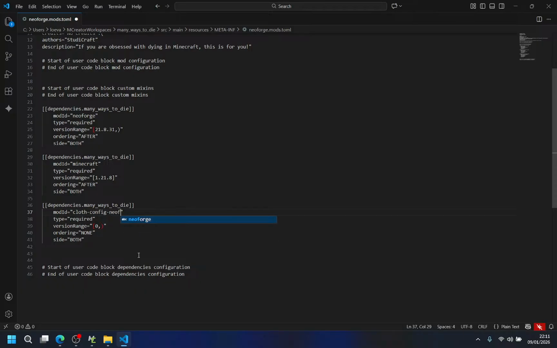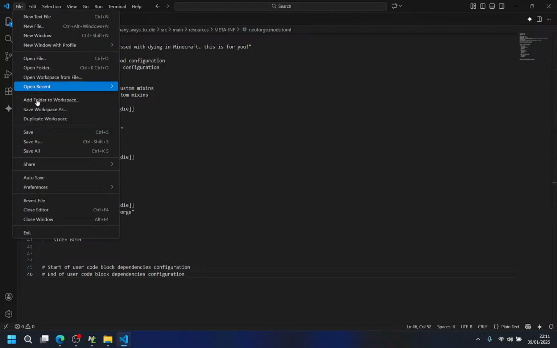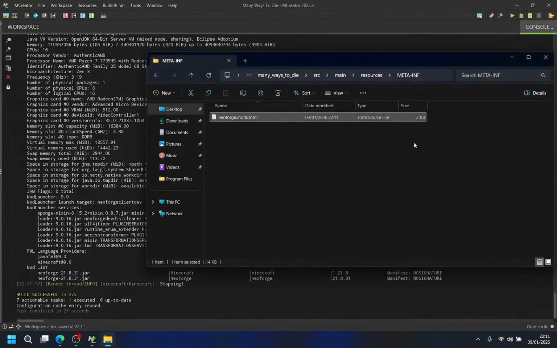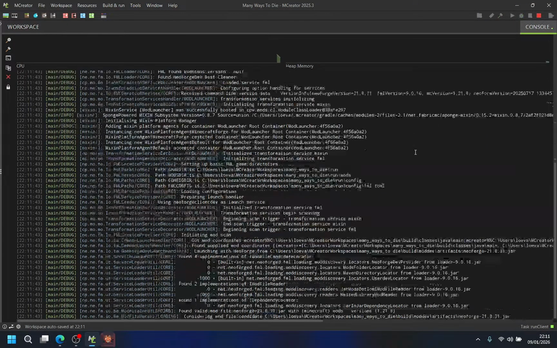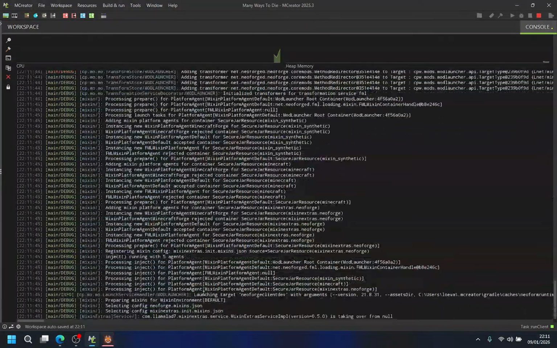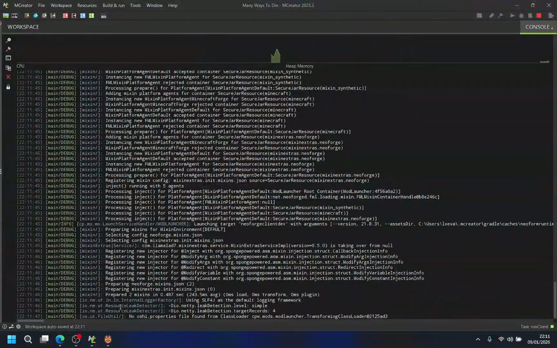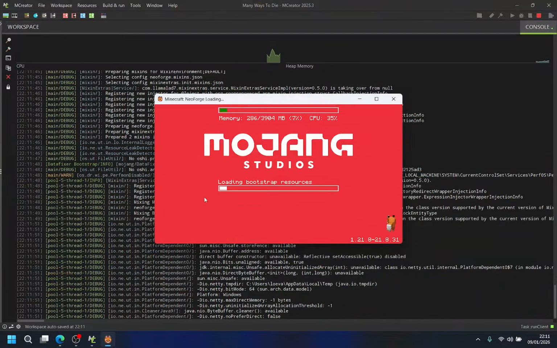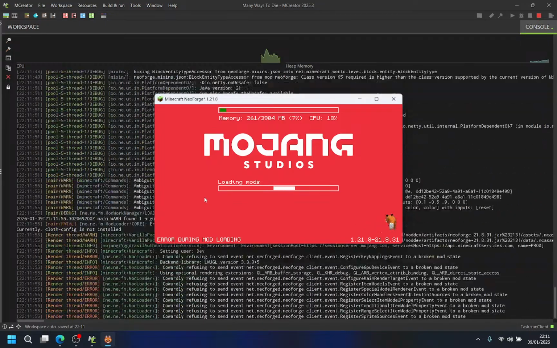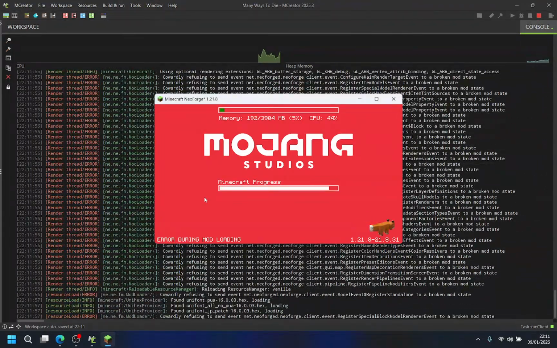Dash neoforge, like this. Maybe it might work better now. I have no clue actually, so don't believe me if I say something. It doesn't throw as many errors now, but I still do think that we, oh yeah.